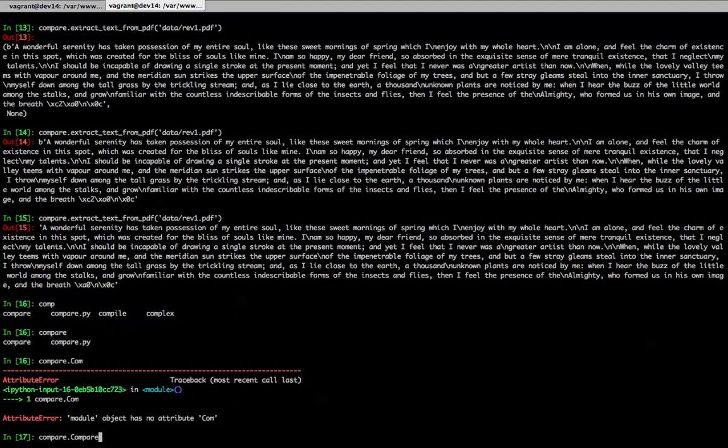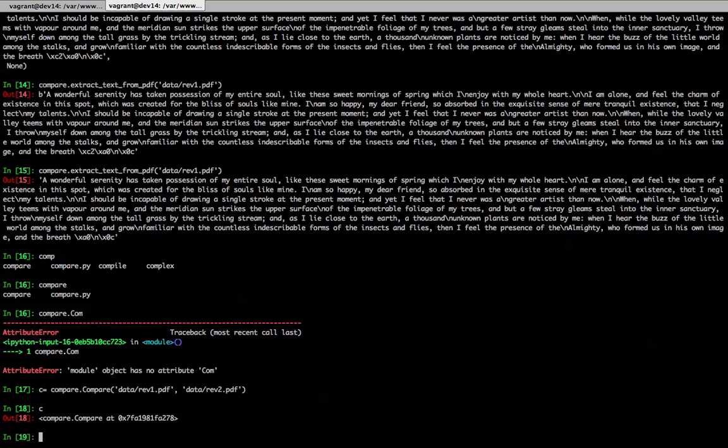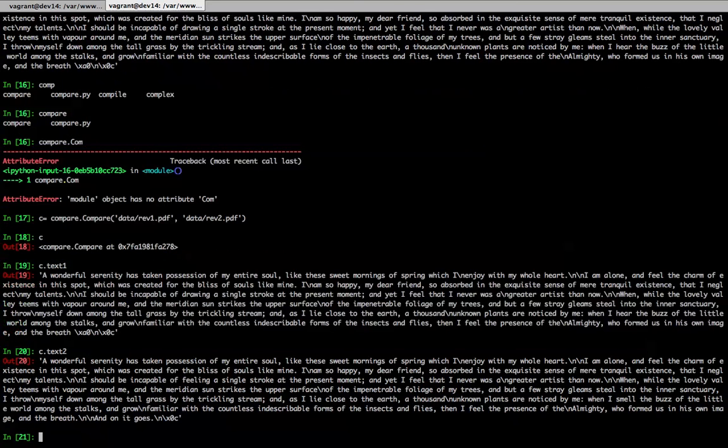You need to do something to cause it to reload itself. So now that's reloaded, we can create one of these. Okay, so this object should have text 1 in it, text 2,